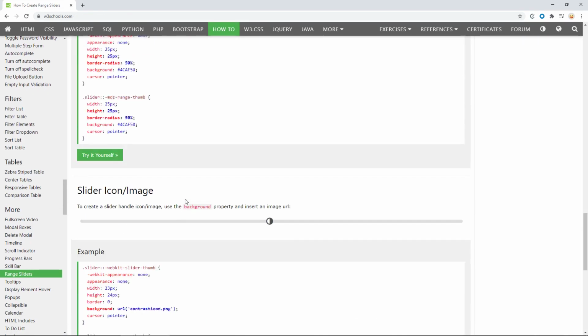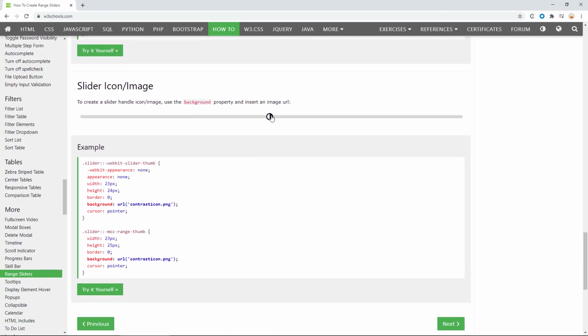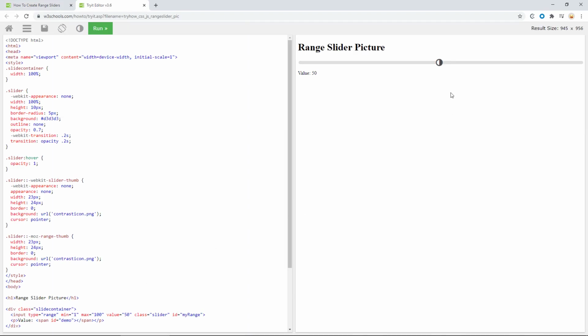In this case, I will take this last example with a background property. You can press try it yourself and you'll see the interactive slider that changes whenever you press it, and there's a value that will be changed. In this case, this value will be sent to our Unreal application in the future.